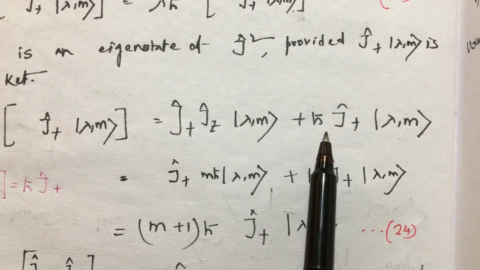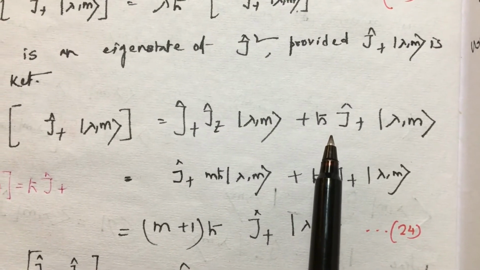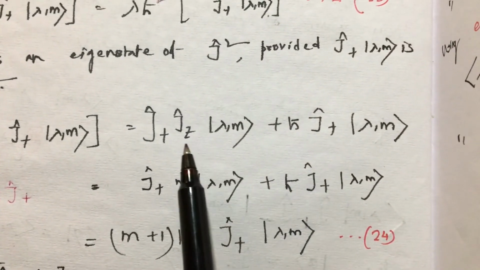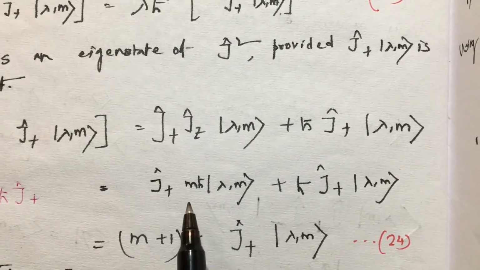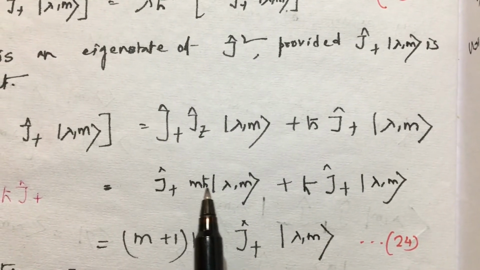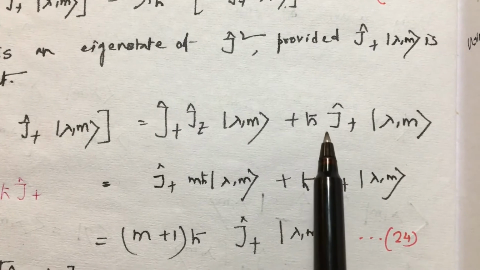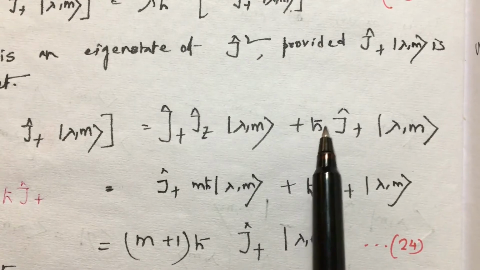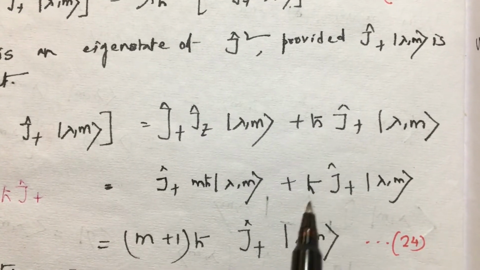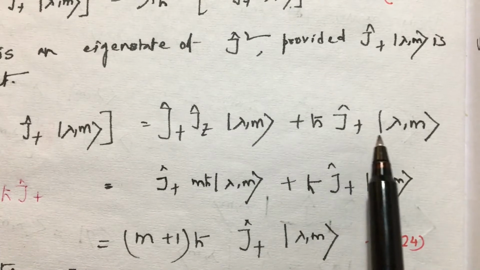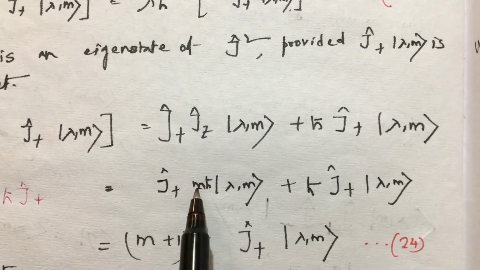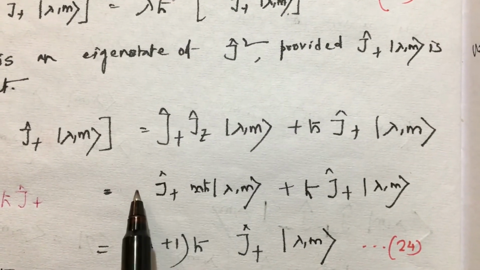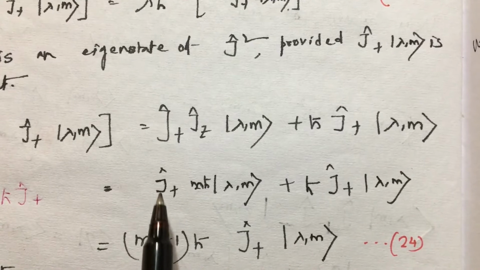This step uses the commutation relation between Jz and J plus. Now Jz operating on |λ, m⟩ gives me m ħ |λ, m⟩. This ħ is just a number, so it stays on the left hand side. So the eigenstate is J plus |λ, m⟩. Here m ħ is also a scalar value, so it can be taken out, and the eigenstate is